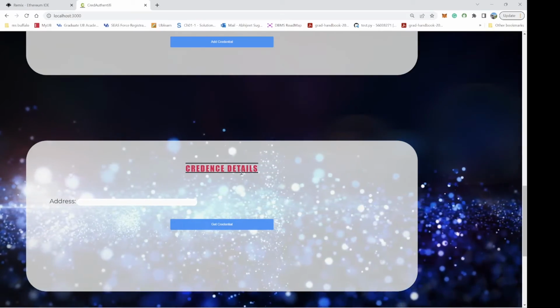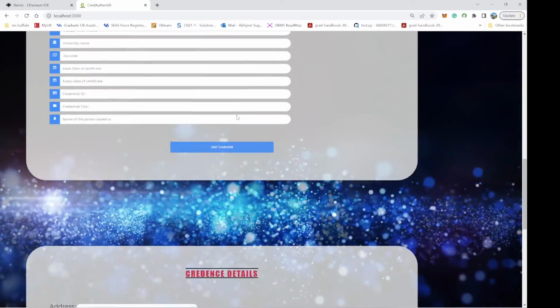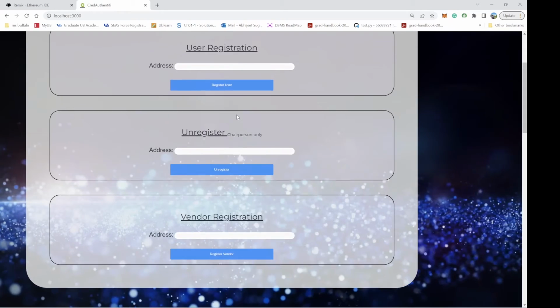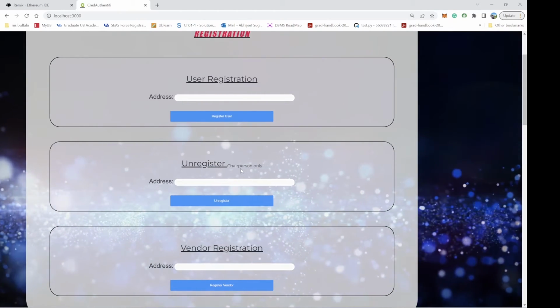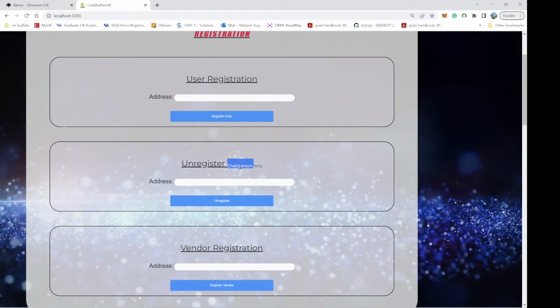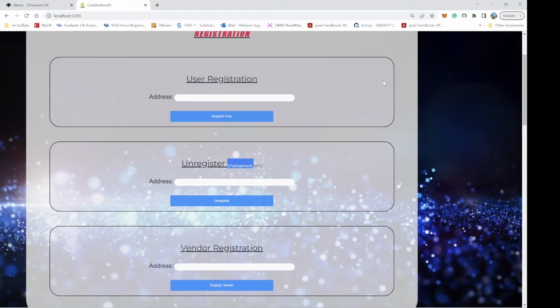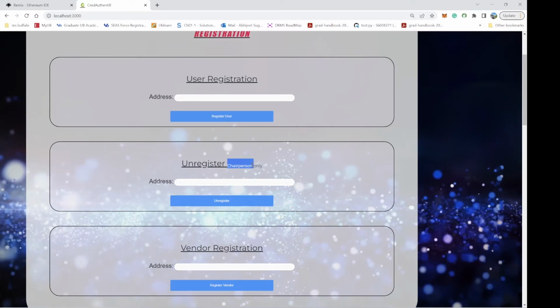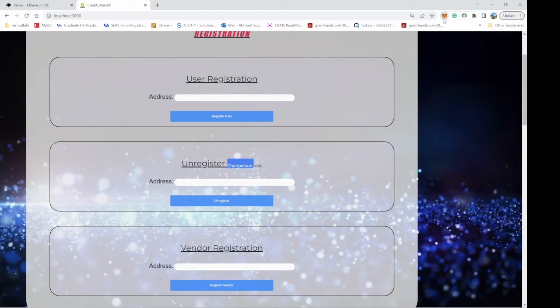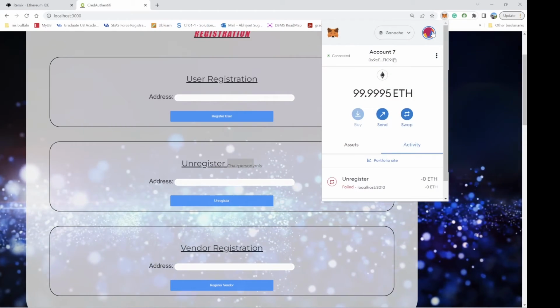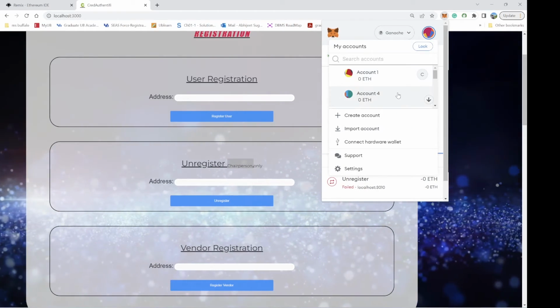Now I am going to show you the unregister functionality, because we have completed all the other methods and functionalities. So let's unregister a vendor. Basically, unregister can be invoked by a chairperson only. Chairperson here refers to the credential issuing authority. So we'll unregister the vendor,